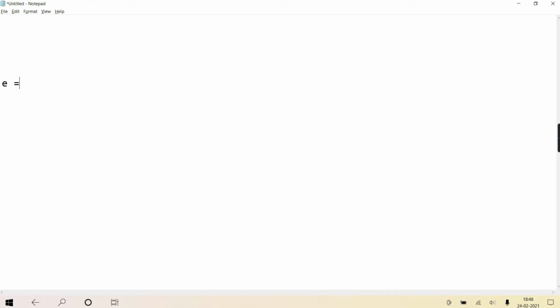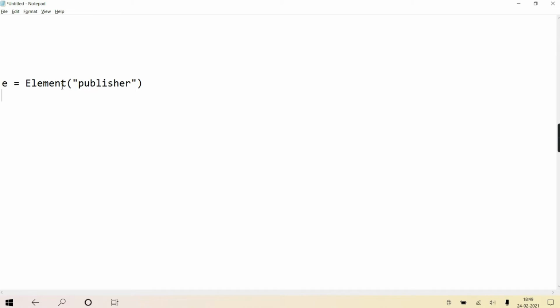Now how to create an object of Element? By creating an Element class object, because Element is a class, no? As it's a class, you can create an object of that class, and to its constructor you can give any tag name. Suppose I'm giving publisher. So I have created one element object. See here, the element object is created.